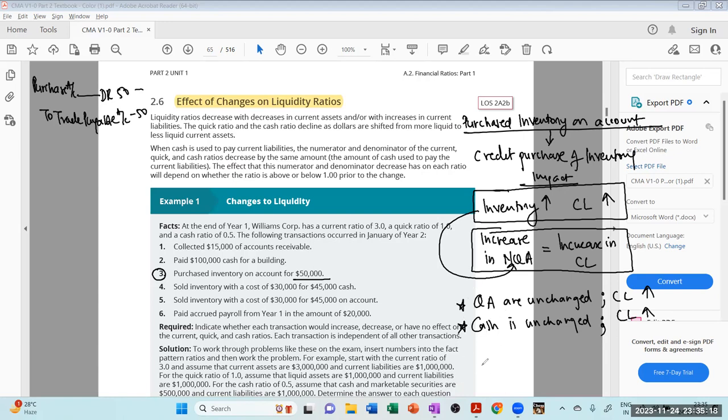Having said this, I will say that current ratio, which is equal to current assets upon current liabilities, is equal to current assets plus 50,000 upon current liabilities plus 50,000. So the current ratio is unchanged because the change in the numerator is equal to the change in the denominator. I repeat, the change in the numerator is equal to the change in the denominator. My second statement